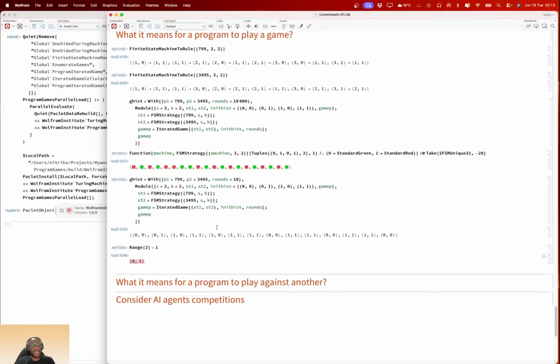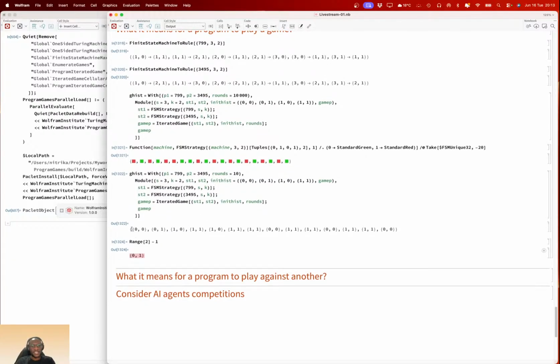Now, what it means to play a game is just simply iterate given rounds and then two players and an initial history. You play against those two players, and each round you take what the strategy of these players are, and those strategies are really just the indexes into the game matrix.